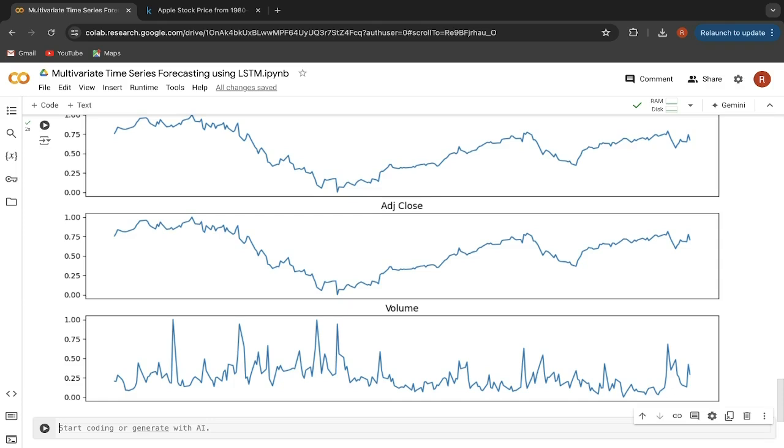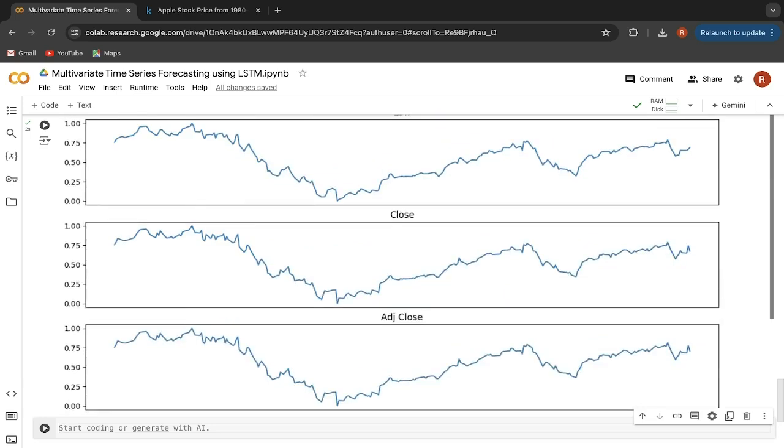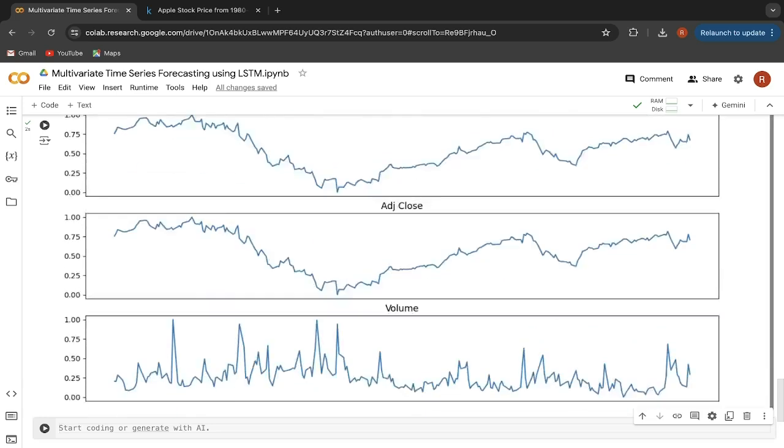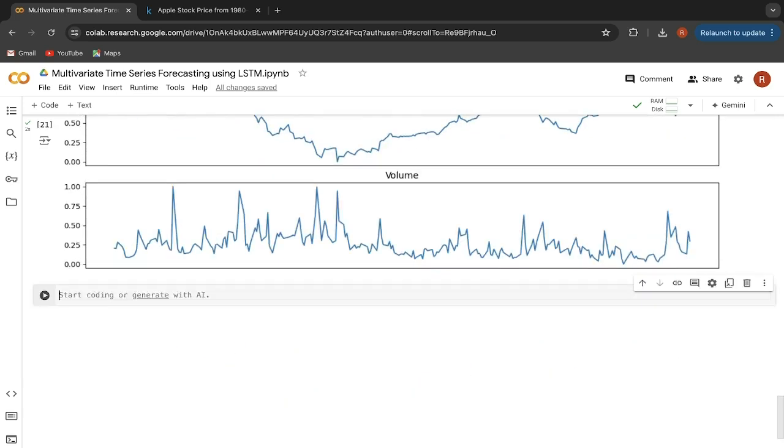So this was plotting the data, and from this we can also conclude that this data is not seasonal because we cannot find any seasonal patterns here. Now let me also inform you, when working with ARIMA models for time series forecasting, it's mandatory to convert the data into stationary format. But while working with LSTM models, we don't have any such rules. We can work with any kind of data. Now this was the third step of plotting the data.